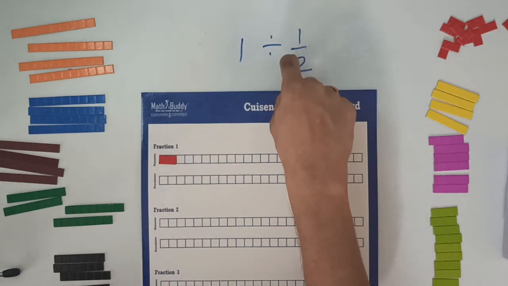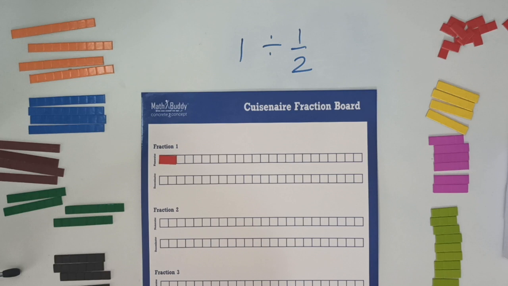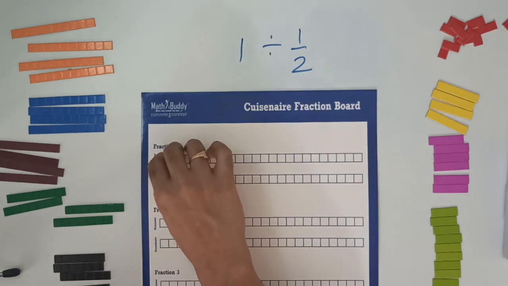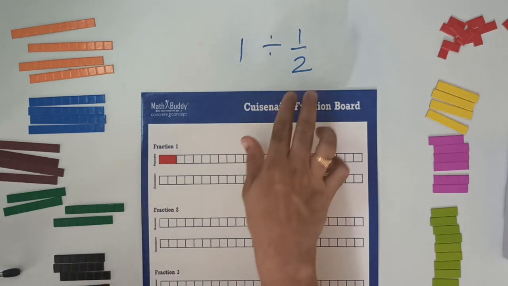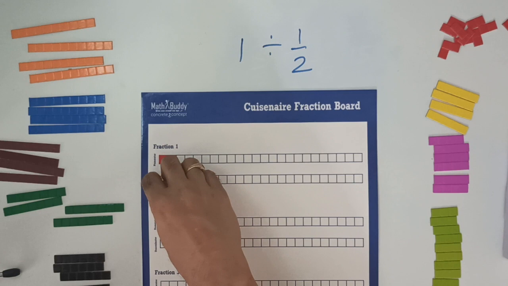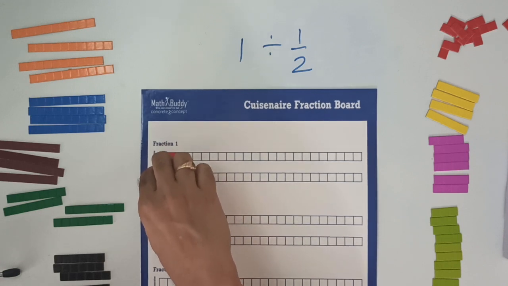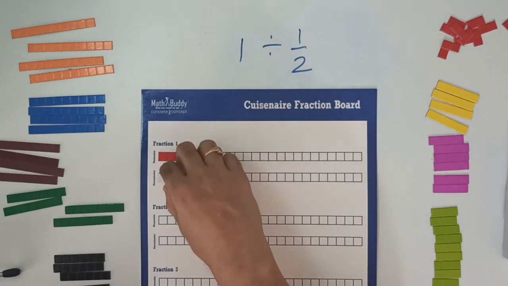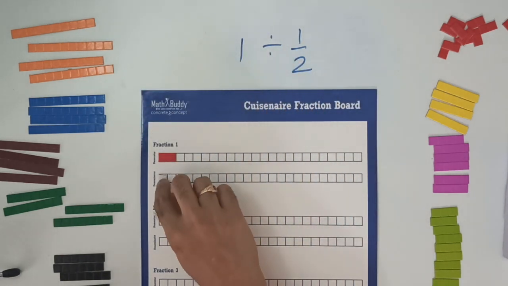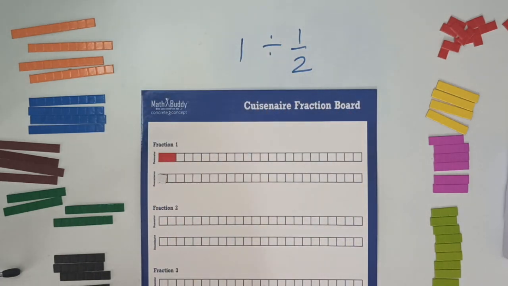And now first thing to do is to find half of this whole. Whatever fraction you have, let's first find that. Half of this whole. How do I find half of this? Which color rod will divide this into 2 equal parts? It will be the white rods, right? So this will divide this into 2 equal parts. And my numerator tells me that I need to keep only 1 part. So that's half of my whole, right?